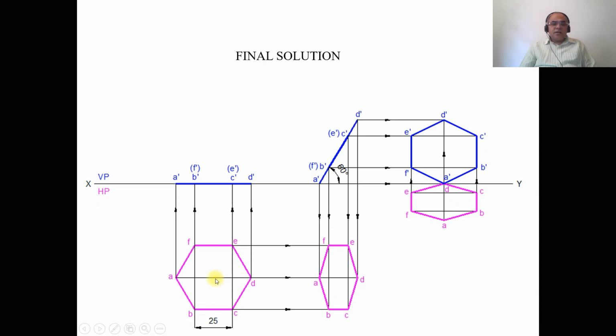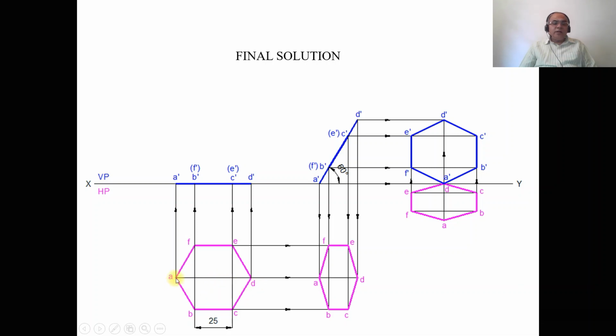So first you consider any point, and by using the compass, you take a radius of 25 and draw a thin circle. Then draw a horizontal diameter so that it is going to cut the two quadrant points of the circle, and you mark one quadrant as A and the other quadrant as D.